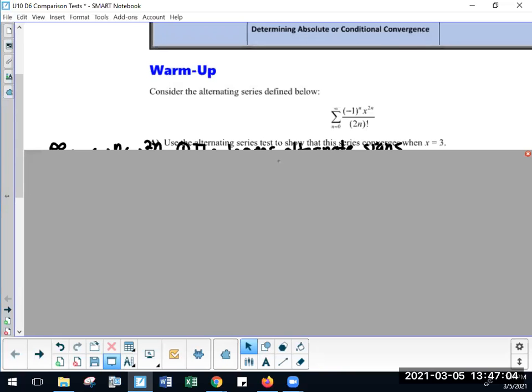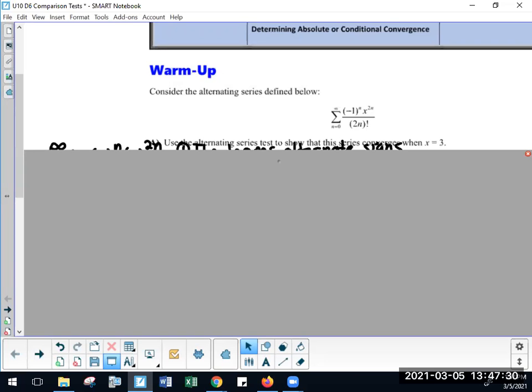All right. We'll start off today by looking at this one. Part A, we want to use the alternating series test to show that this series converges when x equals 3. Something you should get in the habit of is making sure, before you start, you have a plan for what you're going to do. Since I'm using the alternating series test, I need to determine if this is in fact